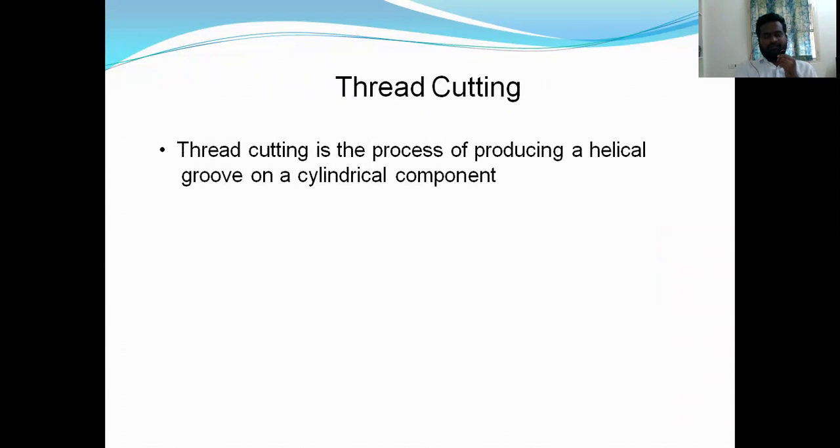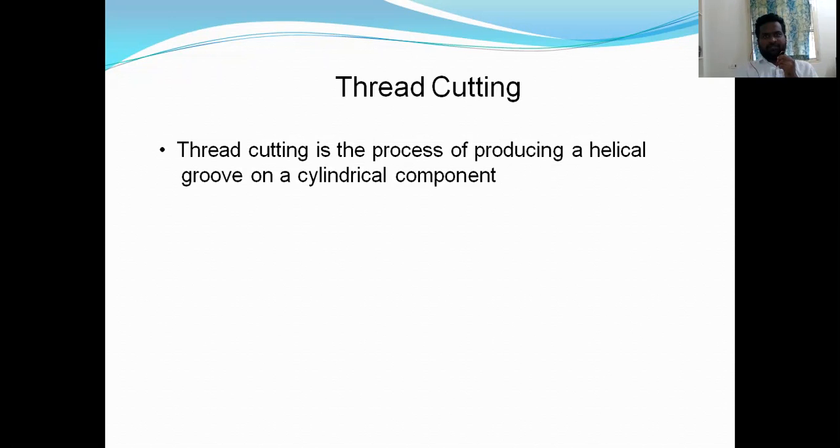Thread cutting. What is meant by thread cutting? Thread cutting is the process of producing a helical groove on a cylindrical component. Already this process is observed in our